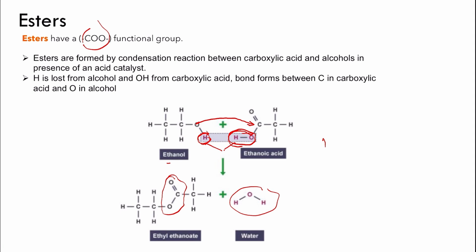To name the esters, we need to start off with the name of the alcohol part first. So the alcohol part here was ethanol. So this is going to be called ethyl as a prefix. And then we're going to name the carboxylic acid part. So here we have ethanoic acid with two carbon atoms. So this is going to be called ethyl